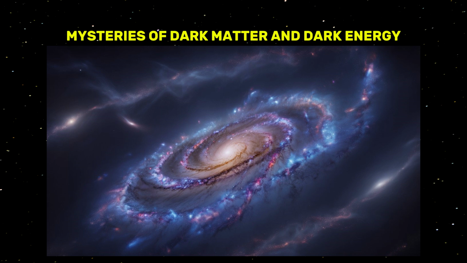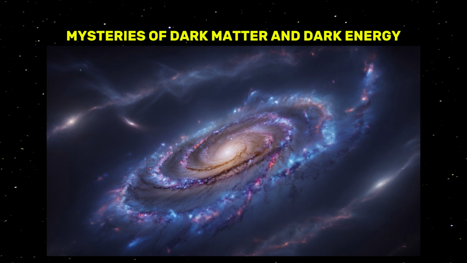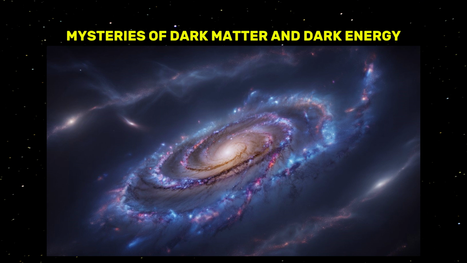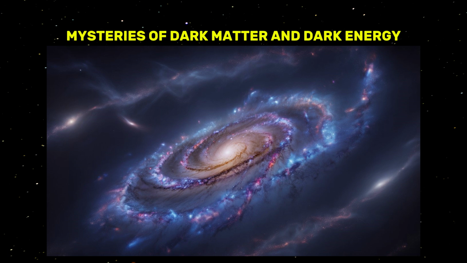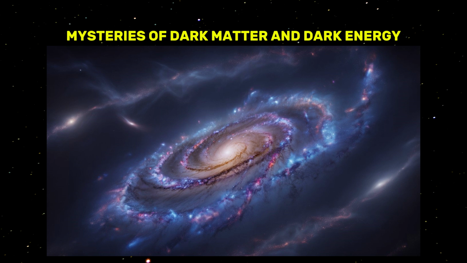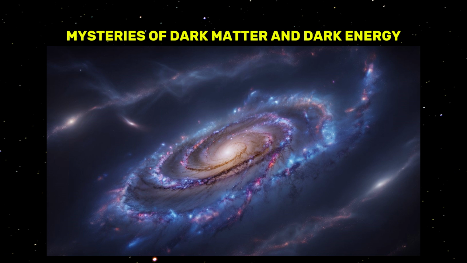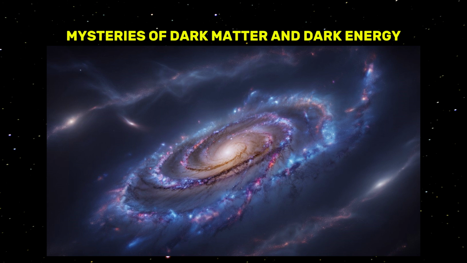He coined the term dunkle materie, or dark matter, to describe this unseen mass that seemed to provide the gravitational force keeping galaxies intact. Although Zwicky's theory was ahead of its time and largely overlooked, the concept of missing mass reappeared in the 1970s due to the pioneering work of American astronomer Vera Rubin.